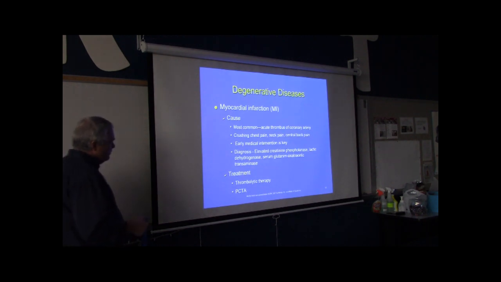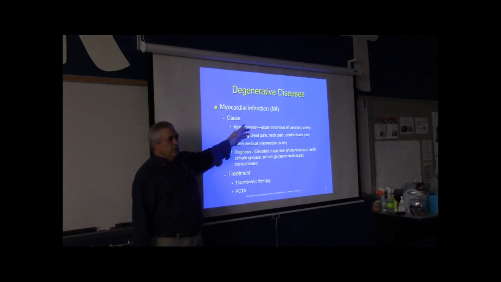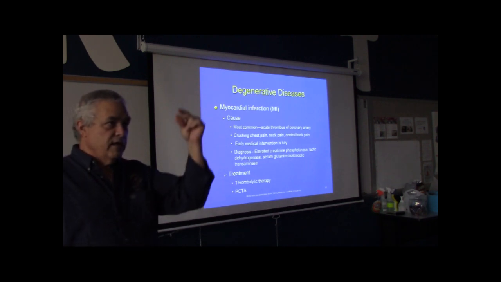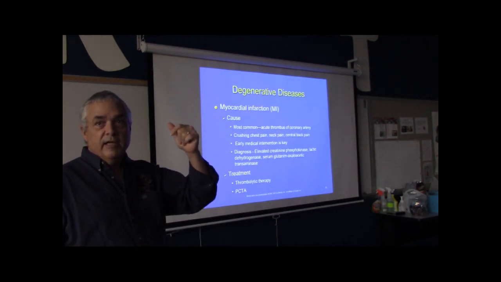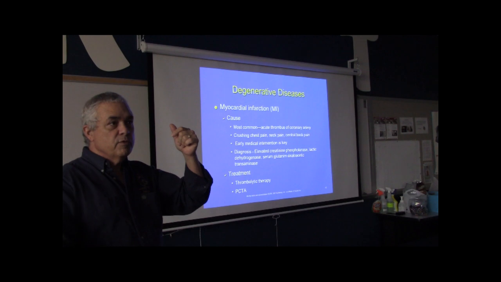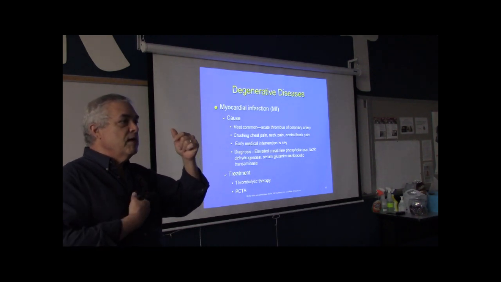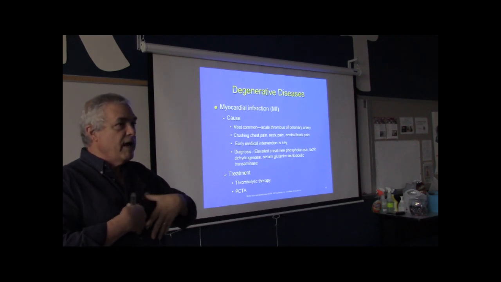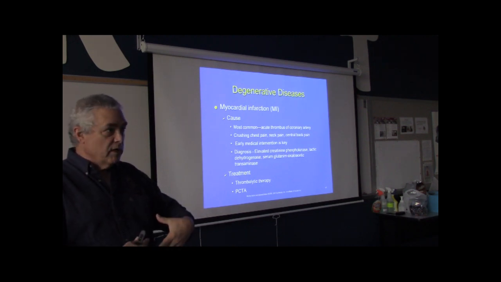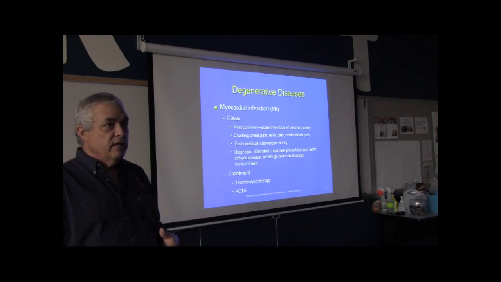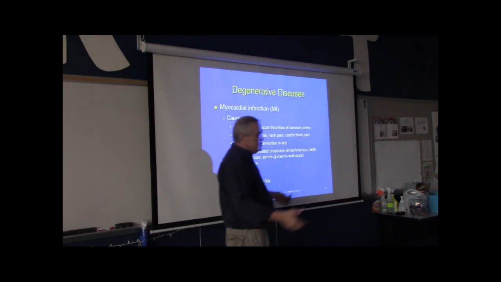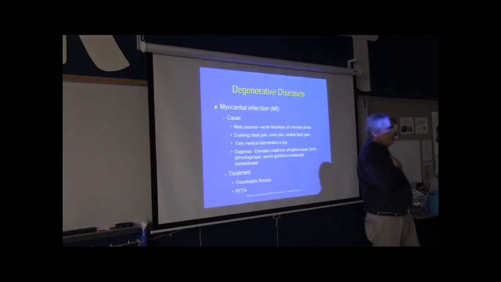Myocardial infarction. This isn't just an ischemic event. This is a termination of blood supply to part of the heart. And it's acute. It happens like that. It could be an embolus floating through the bloodstream that all of a sudden jams up in a coronary artery, and that patch of muscle goes from having blood to not having blood in just a second. And this is the kind of deal where somebody does the old, I'm coming to join you, honey,